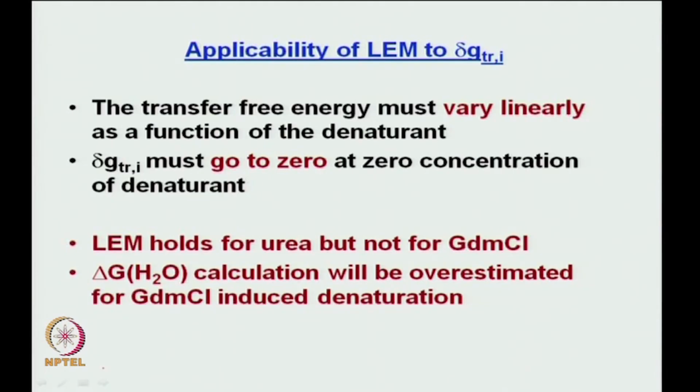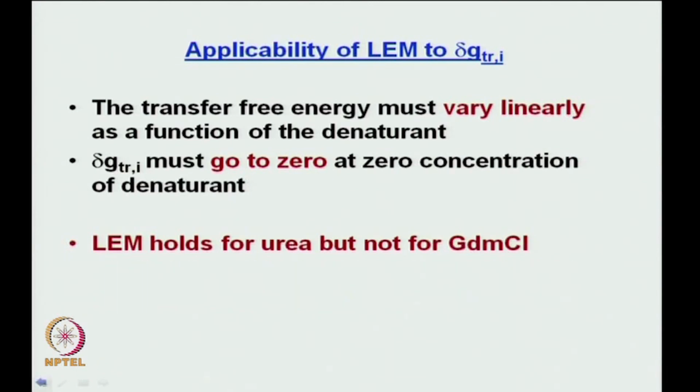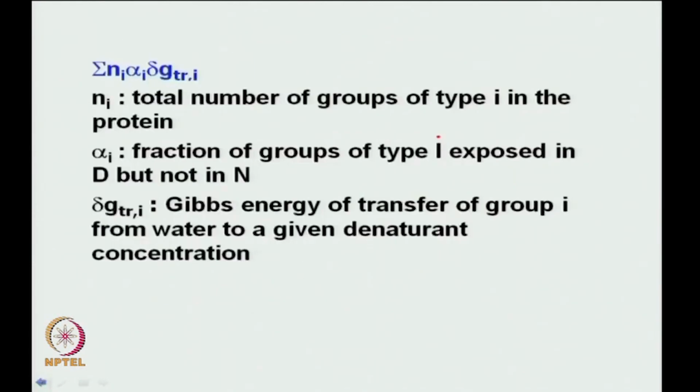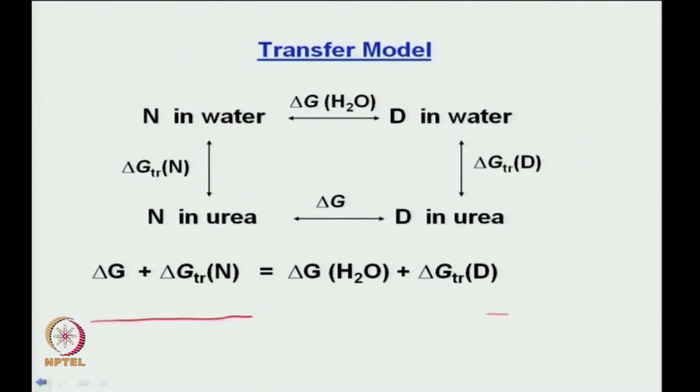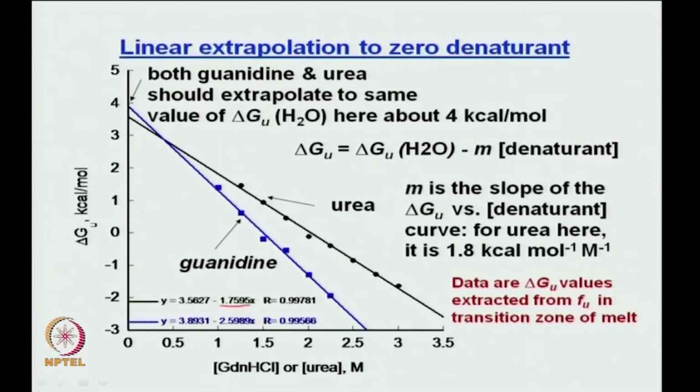Okay. But having said this, just look back at what we had. Now, see, do you not find the same thing happening here? These are two curves, the blue one is guanidine hydrochloride, the black one is urea. Do you not think that guanidine hydrochloride now is being overestimated? It is because of exactly the same reason you just saw, that delta G transfer was not 0 for guanidine hydrochloride. So, the bottom line is this,